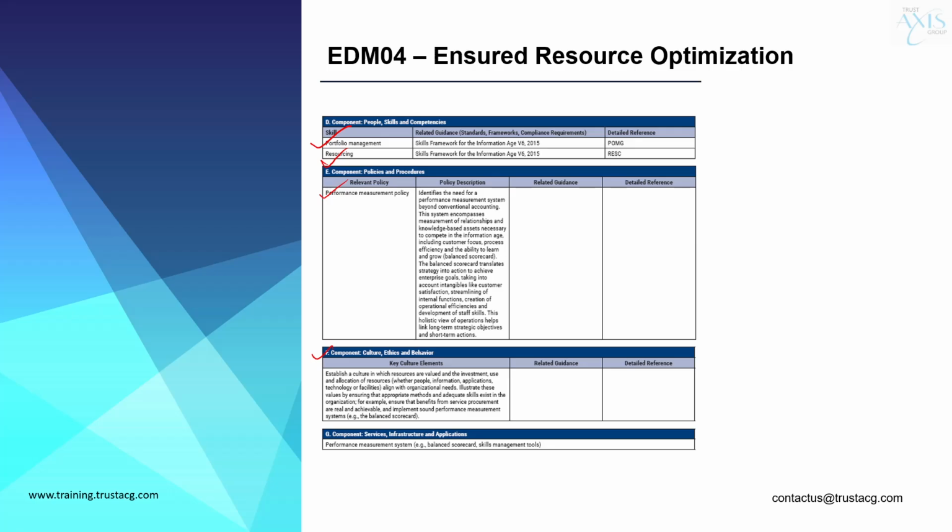You need to curate policies and procedures to establish frameworks for measuring bottlenecks and performance beyond just cost, and you must inculcate culture and ethical practices that embed accountability and transparency into daily decision making. And you must invest in systems and applications that provide the tools to track, analyze, and optimize resource performance. Together, all these components make EDM04, which is around ensured resource optimization, a powerful governance objective